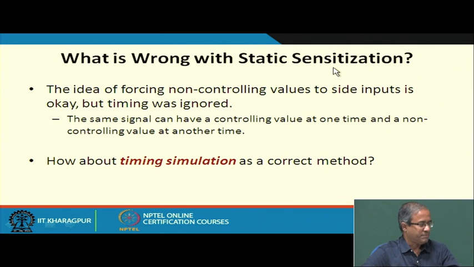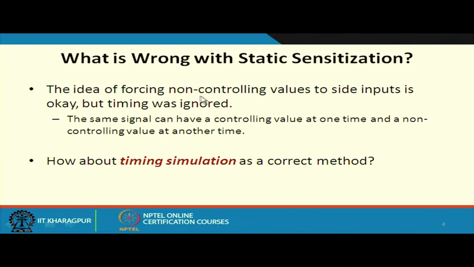So, what is wrong? I had said that there is a reconvergent fan out with unequal inversion parity, and that condition is holding. That is one problem. But with respect to the controlling and non-controlling values, the issue is that we are ignoring the timing when the values are becoming controlling and non-controlling, because you see